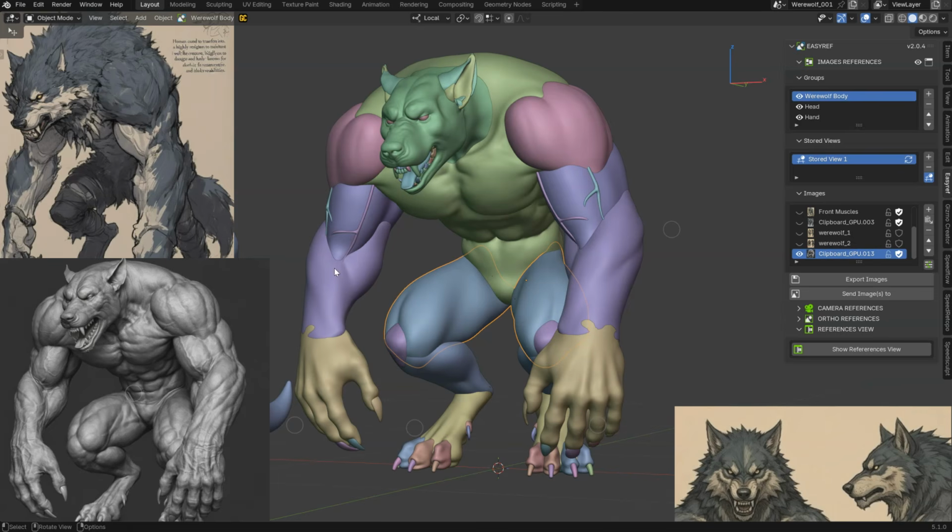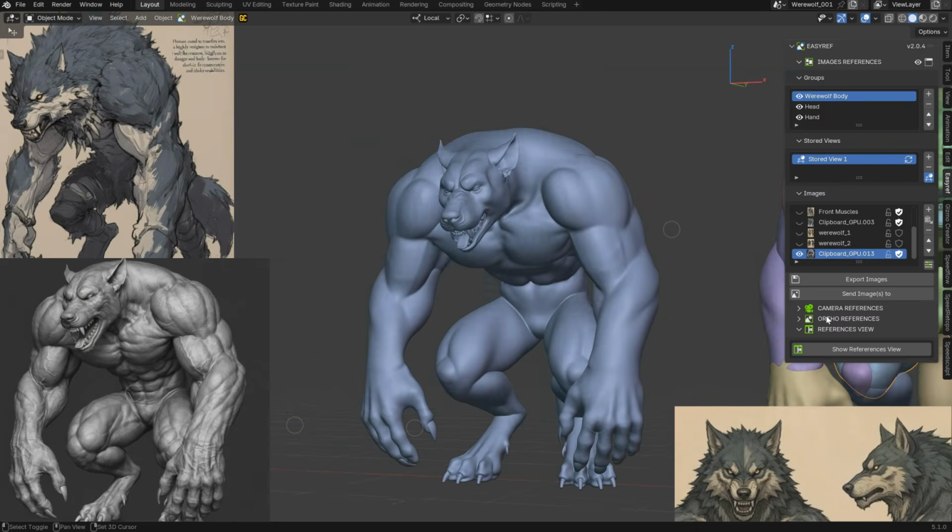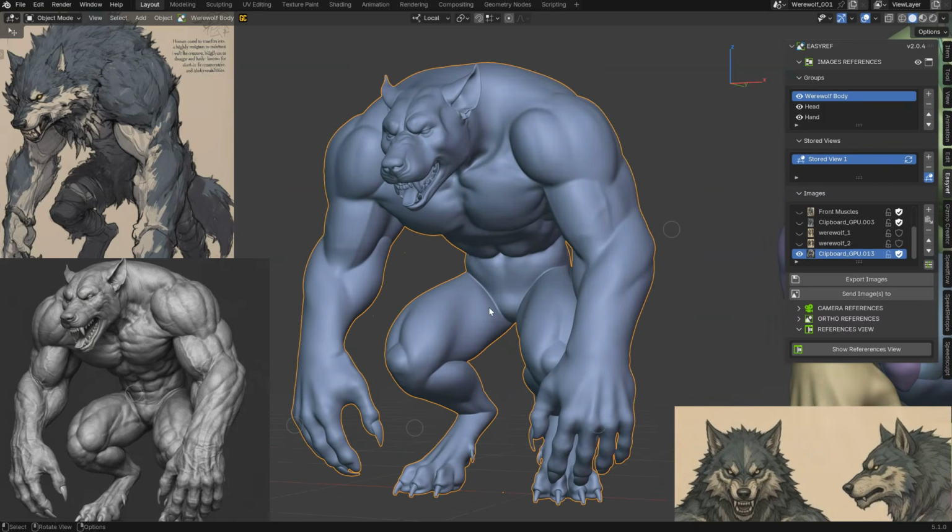So I think this is how AI should be used, for example, to find and create references. So that was created from AI, and also to improve what you did. If I'm not happy with that, why not ask the AI to show me a better version of this, and after that I can take this as an example of what I can do. I will obviously not do exactly the same, but some parts are interesting.